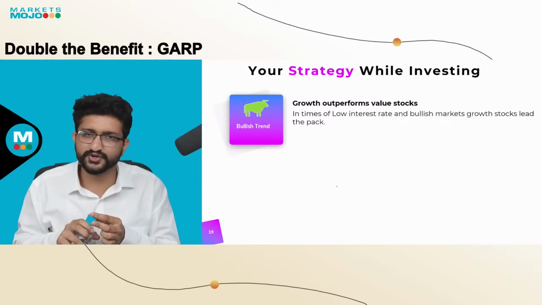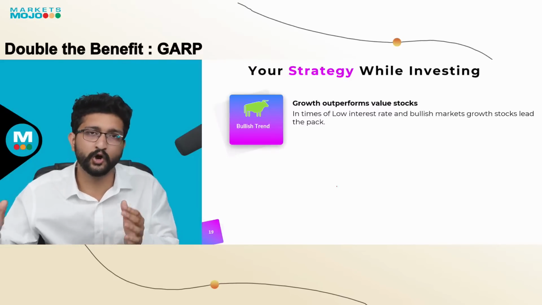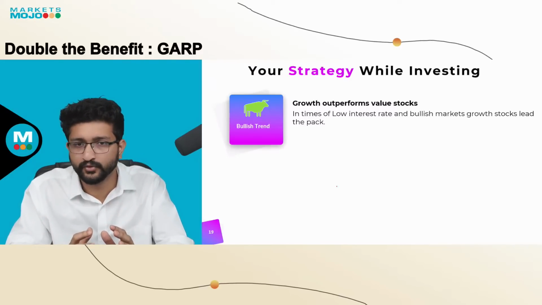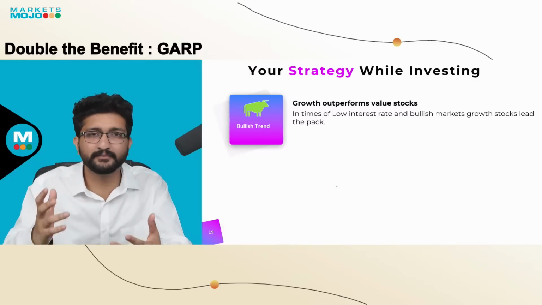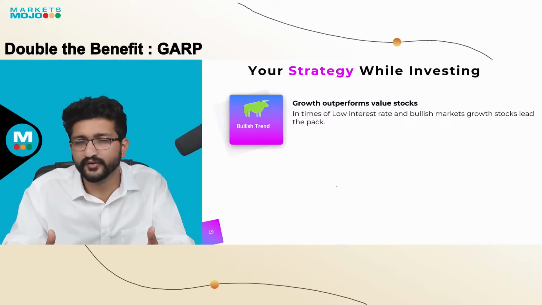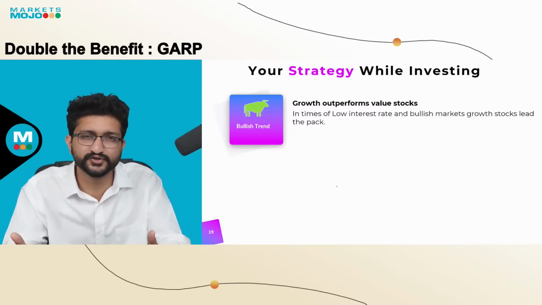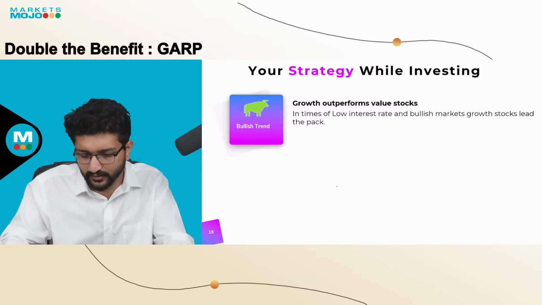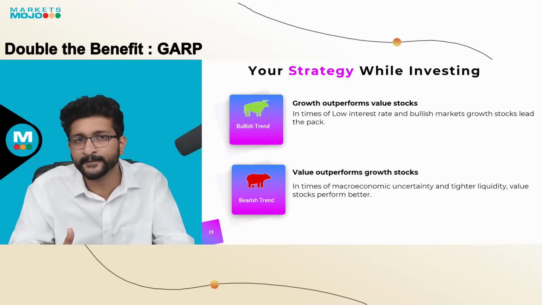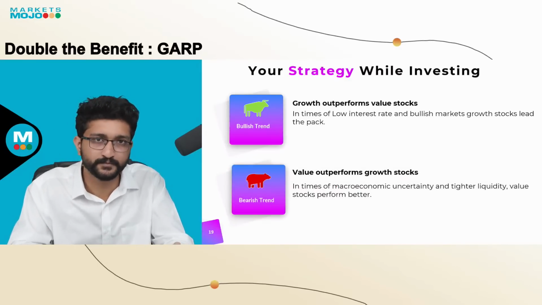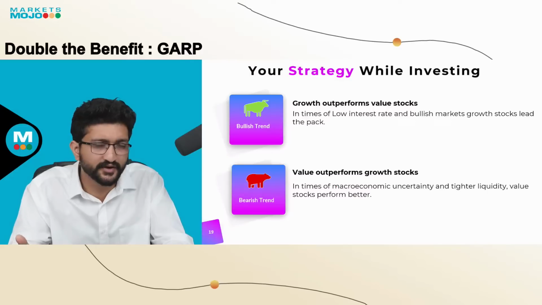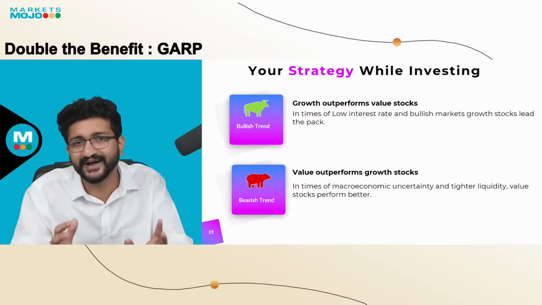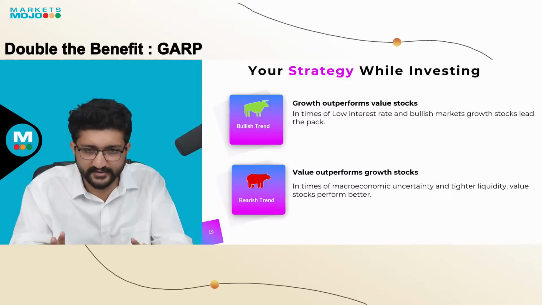Now, during bullish trends, growth outperforms value. In times of low interest rates and when the entire market is bullish, let's take, for example, just post-COVID, the entire market was bullish for a year. During this time, growth stocks actually outperform. This is something you'll have to learn. But when it comes to a bearish trend, value outperforms growth stocks. In times when there's some macro uncertainty, tighter liquidity, which you can say about the current time as well, value outperforms growth. Now, please understand,